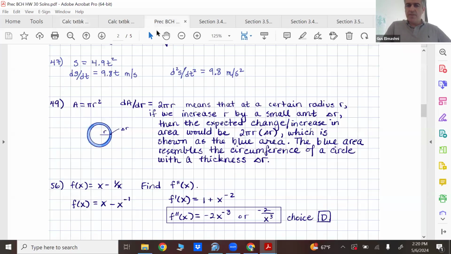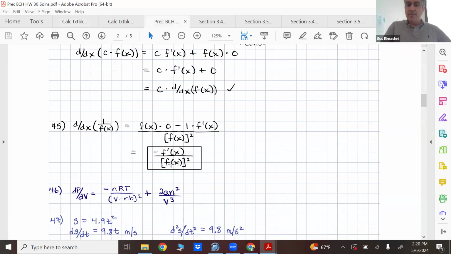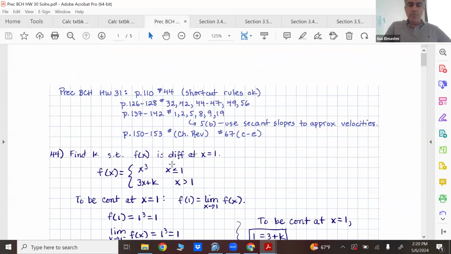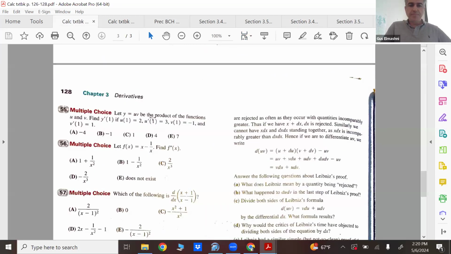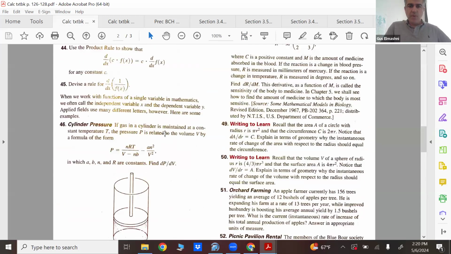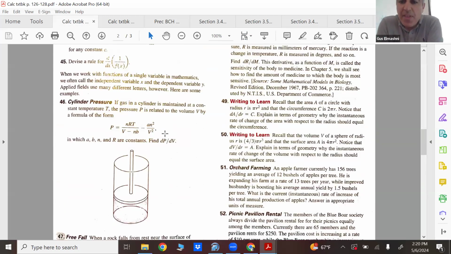You guys are fine? No, can you explain the explanation for 49? Sure. Okay, let's look at 49. Well, I'll see if I can explain it. Okay. Recall that the area of a circle is that, and the circumference is that. Notice that dA over dr equals the circumference, right? Okay, guys, quiet, please. Explain in terms of geometry why the instantaneous rate of change of the area with respect to the radius should equal